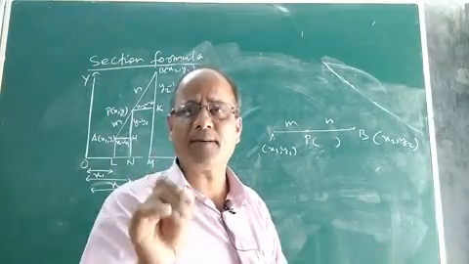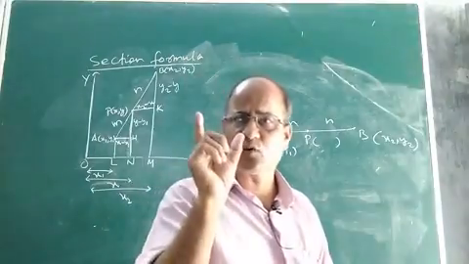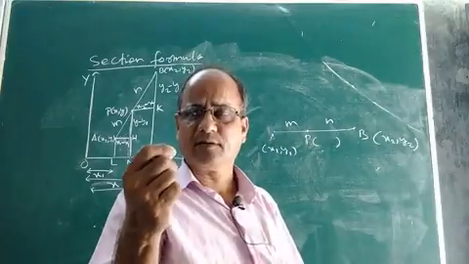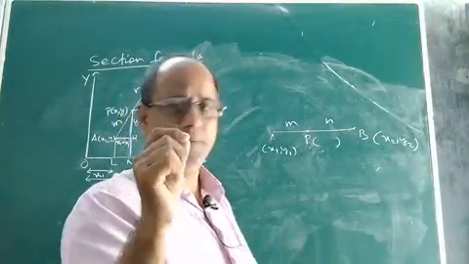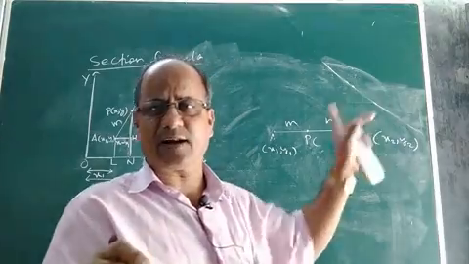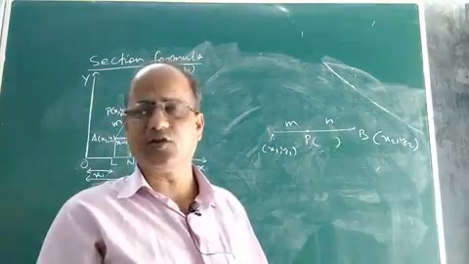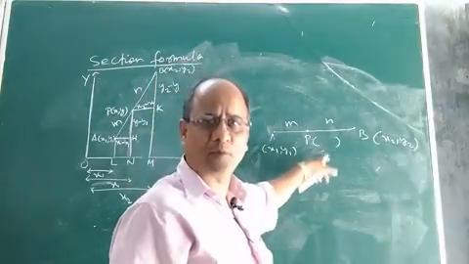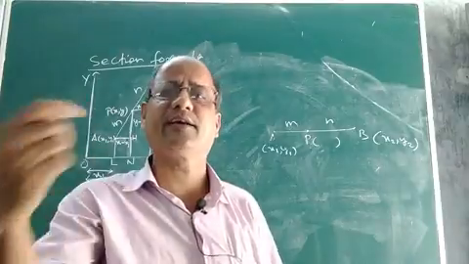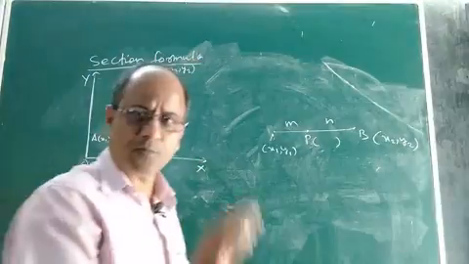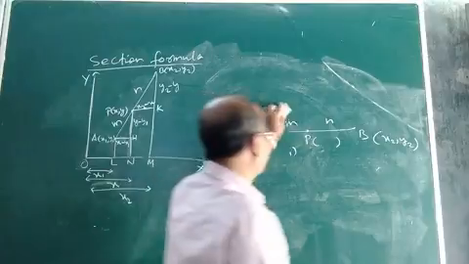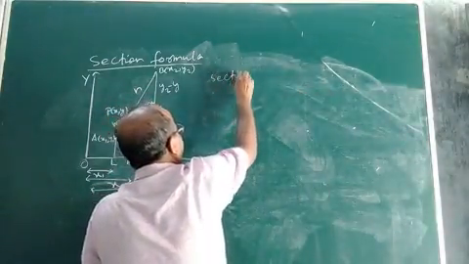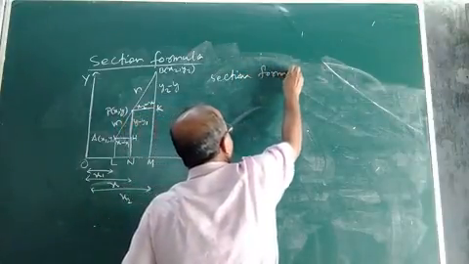That means, in simple language, if the 2 endpoints of a line segment are given and it is also given that the point P, or any other point, divides the line segment in some given ratio, then how to find the coordinates of that point? That formula is known as your section formula. So what does section formula say?